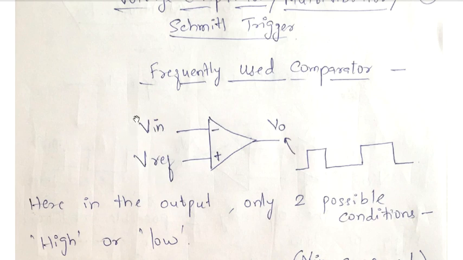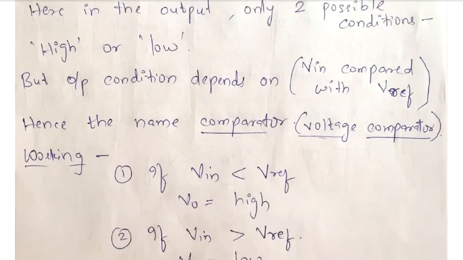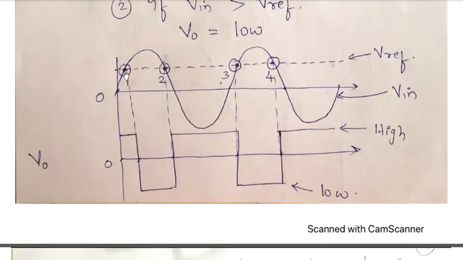And because V input varies every time, let that be an AC voltage. So if I look at the waveforms again, you will understand that this sine waveform, which is a variable or AC quantity, is the input waveform. But this input needs to be compared with some reference voltage. As you can see, I have shown the reference voltage over here. This dotted horizontal line is the line for a DC voltage, which is well above the 0 axis. It is this constant DC voltage which is called the reference voltage.